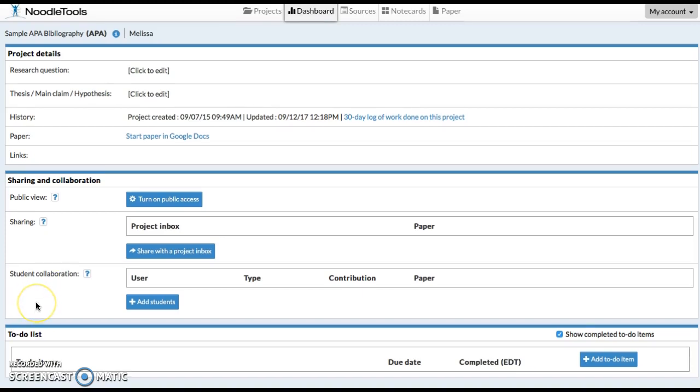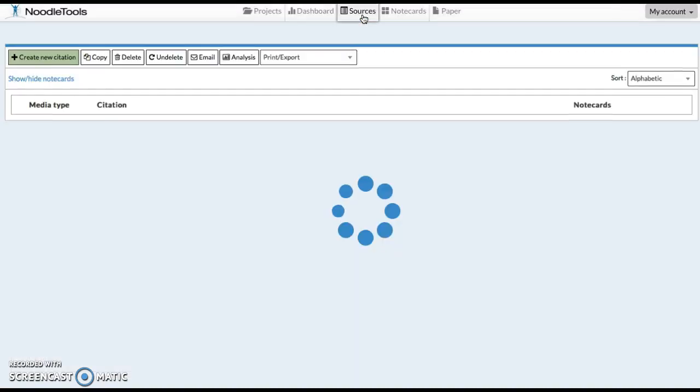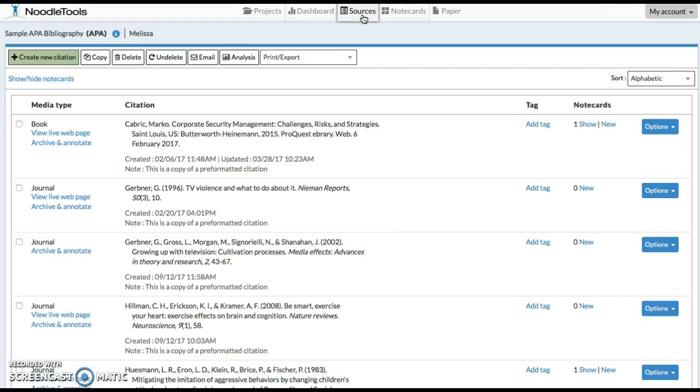You can also share with others if you continue to use this. If you have a group project, really useful because it's cloud-based and you can just drop your citations in when it's convenient for you. And that's where we get to the to-do list. Also very convenient to create tasks in order to keep your group on task. So what you're going to do is go ahead and click on the Sources tab, and you'll see I've already